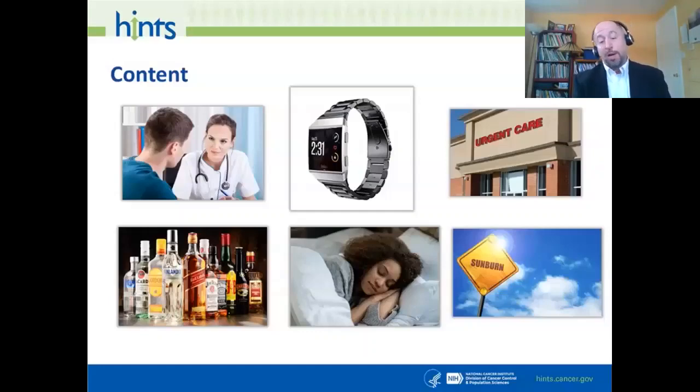What other content we have here is on the use of wearables. Do you use wearables? How often? Are you willing to share the data from using your wearables? We also ask about using medical devices like glucometers, blood pressure instruments, those kinds of things.